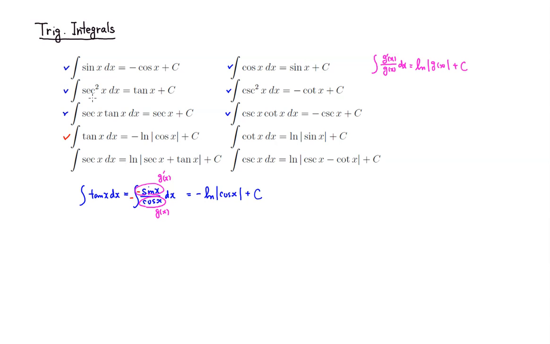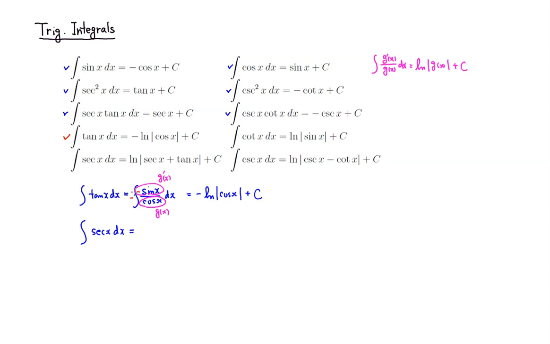So we got that. The cotangent is very similar, so I'm going to skip the proof, but you can just write cotangent as cosine of x over sine of x, and then go from there. All right. How about the last two? I can do either one, but I'll probably do the secant one. If you want to find the antiderivative of secant of x with respect to x,